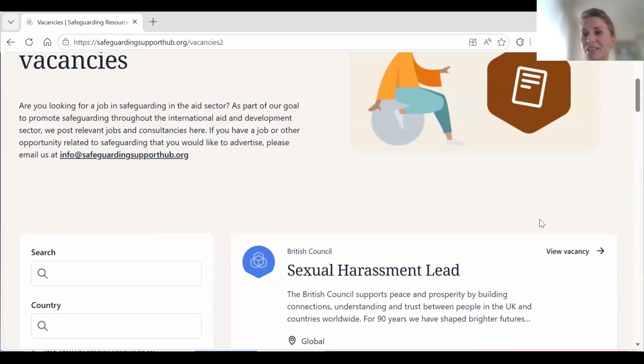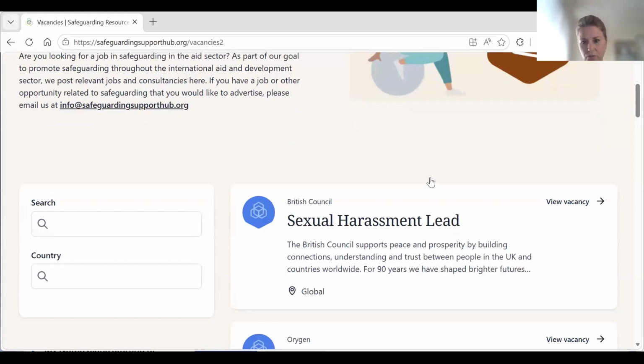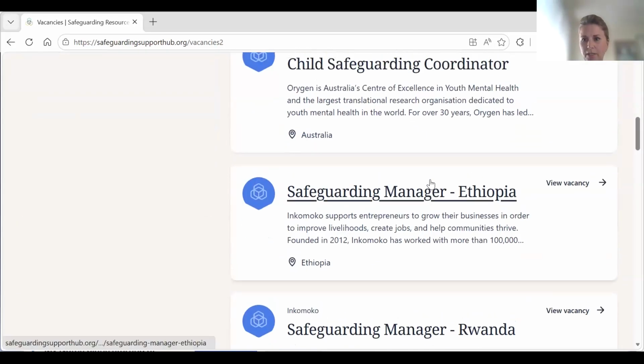RSH staff monitors the job market related to safeguarding and posts those jobs here. If you are aware of one, or you have an opportunity in your organization, we invite you to write to us, and we are very happy to post it here. And if you are yourself looking for a job in safeguarding, this is a really useful page for you and a good page to bookmark.